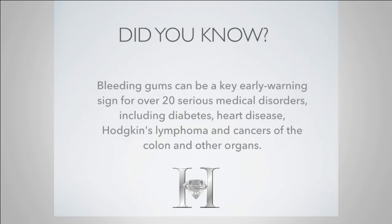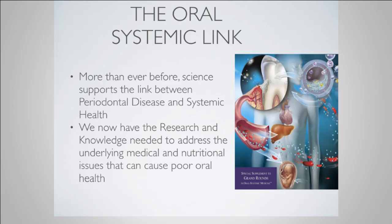And I'm not saying that those things aren't important, but what I am saying is as a profession, we are recognizing that sometimes when we see disease and infection in the mouth, it really is indicative that there's other serious systemic diseases in the rest of the body. So more than ever before, science is proving the link between periodontal disease and systemic health. We now have the research and knowledge needed to address these underlying medical and nutritional issues that can cause poor